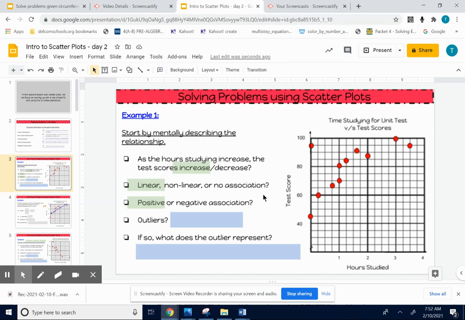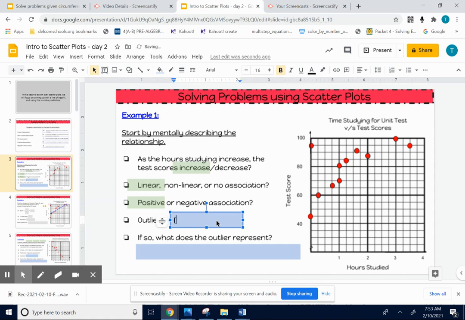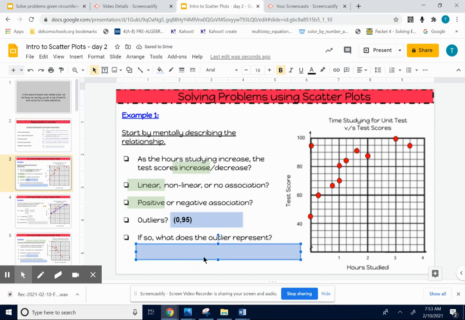Is there an outlier? I'm going to say this is an outlier right here, and it looks like it's about 95. This point is far away from the others. I'm going to call it point (0, 95), and think about what's going on with that point. It looks like someone got a 95 test score